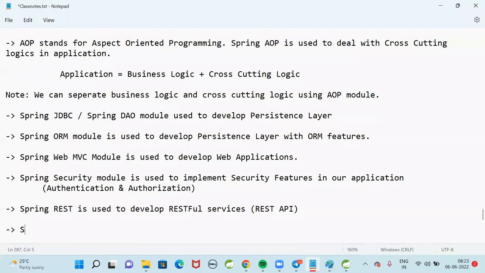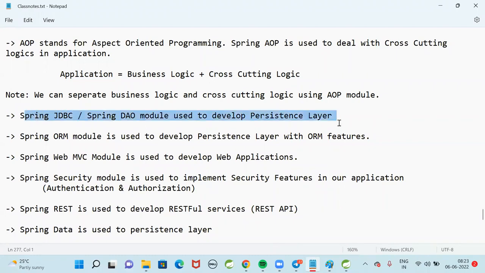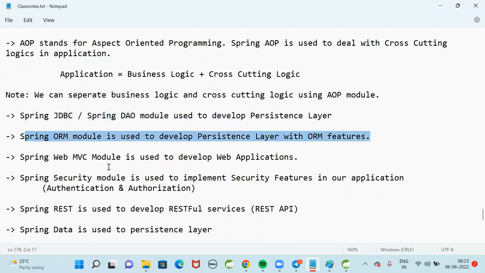Spring Data is used to develop the persistence layer. Sir, JDBC is already available to develop the persistence layer. After that, ORM is also available to develop the persistence layer. Then again, Spring Data is also available. Spring Data JPA provides predefined repositories.